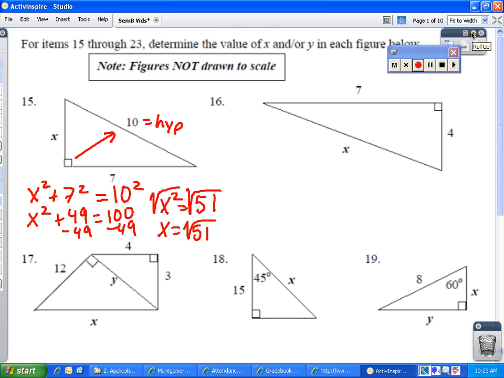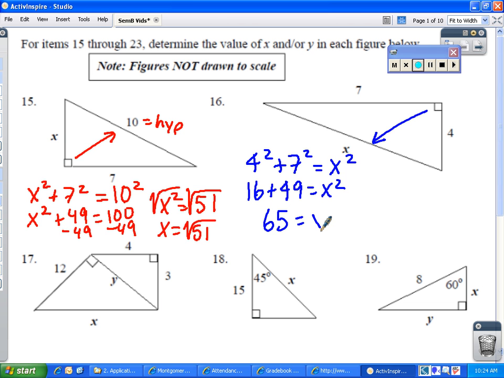once again, we're looking at a right triangle. We know two of the sides. We don't know the hypotenuse, so since it's a right triangle, we can use that Pythagorean theorem. Leg squared, one of the legs is 4, plus the other leg squared, 7, equals the hypotenuse squared. The hypotenuse being across from the 90-degree angle, that's going to be x. 4 squared is 16. 7 squared is 49, equals x squared. If we add 16 and 49, we get